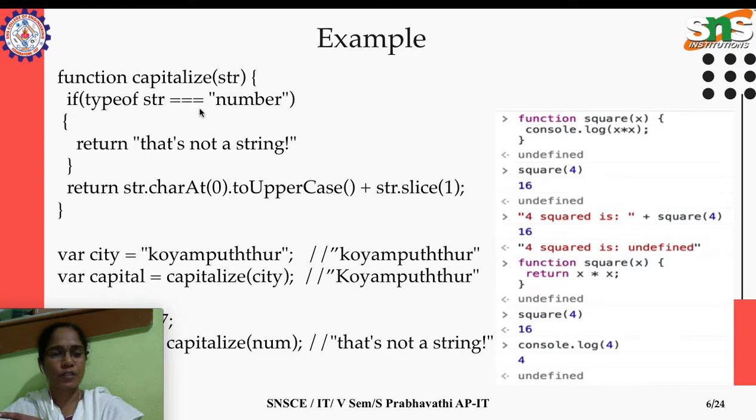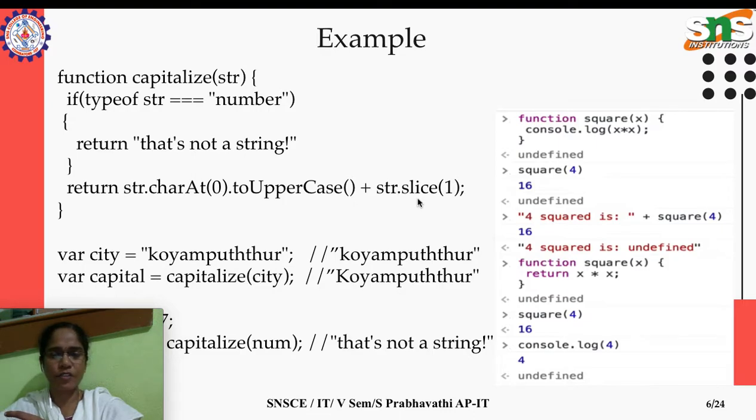Here it says that not only the value, but both operands should be of the same type. Both should be strings. So if we are comparing string with number, this if statement won't execute. Then this line will be executed. What we are doing is fetching the first character of the string, changing it into uppercase, and appending the remaining.